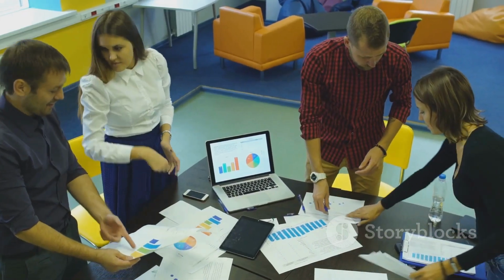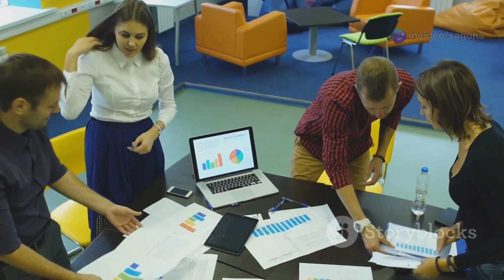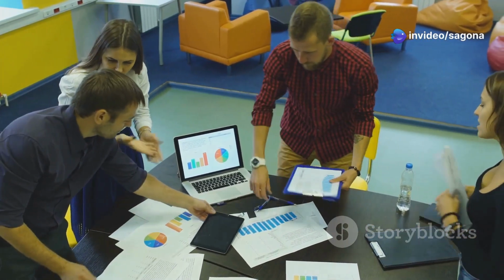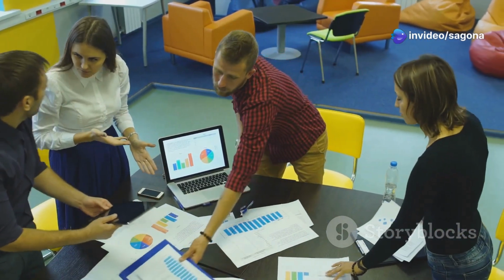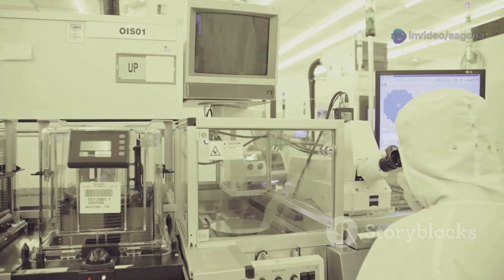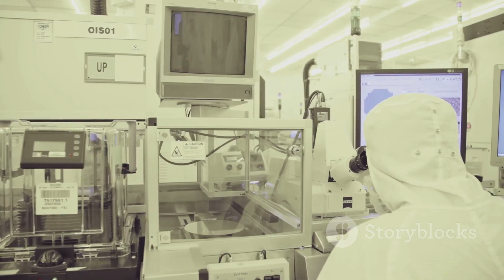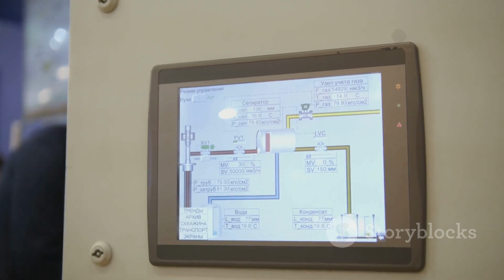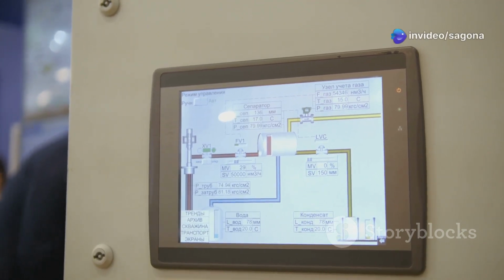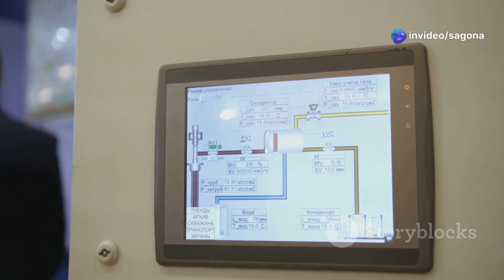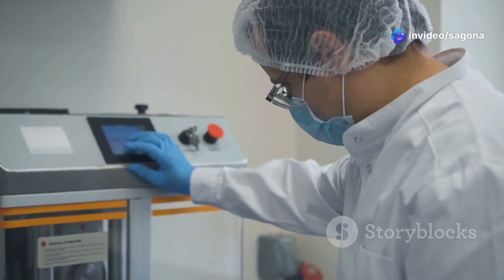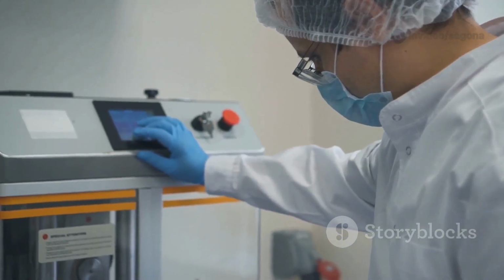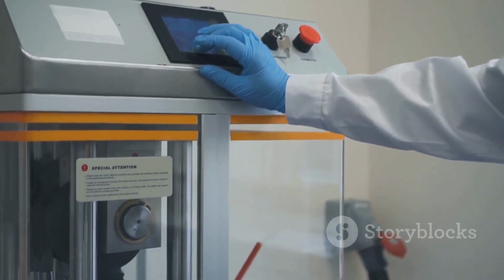Throughout this journey, risk management is continuously applied. Potential risks to quality are identified, assessed, and mitigated proactively. This ensures a robust and reliable manufacturing operation. Finally, a comprehensive control strategy is developed and implemented. This strategy ensures the process consistently operates within the defined design space. It includes controls on input materials, process monitoring, and checks on the final product.